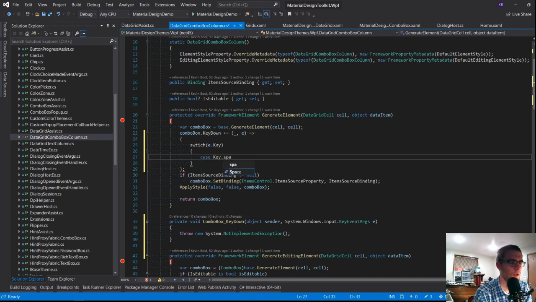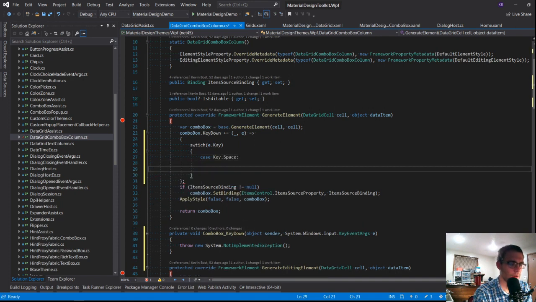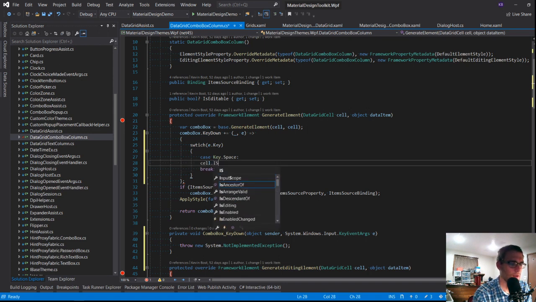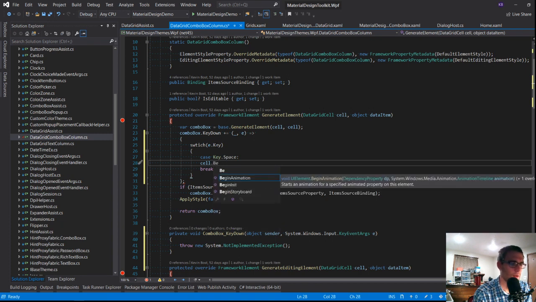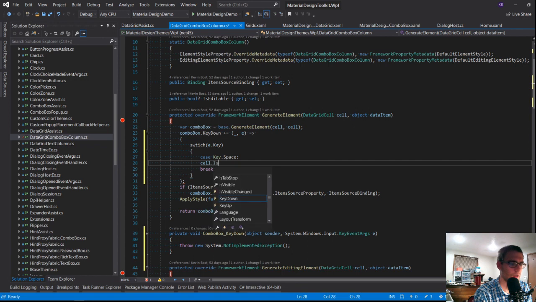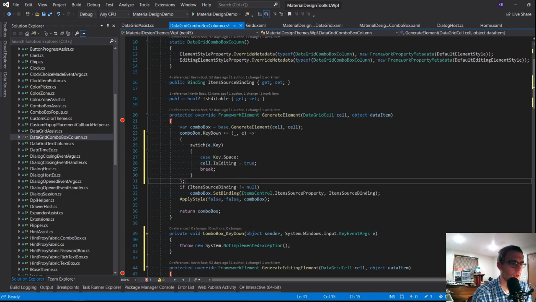Q. So on the spacebar key, we're going to do cell dot, let's see, cell is editing. I think that works.